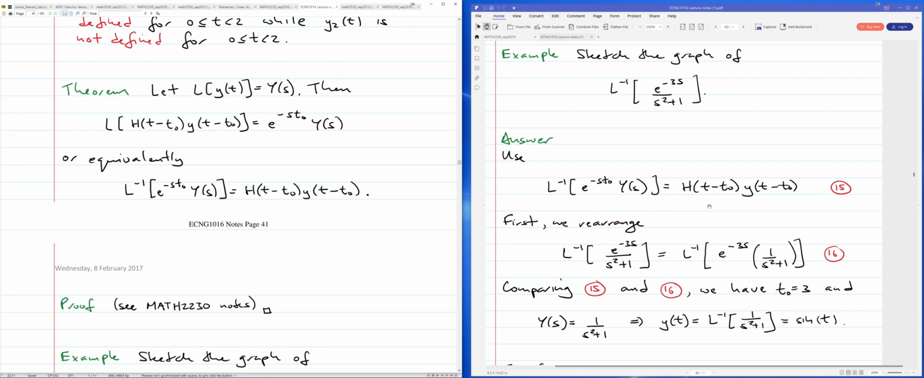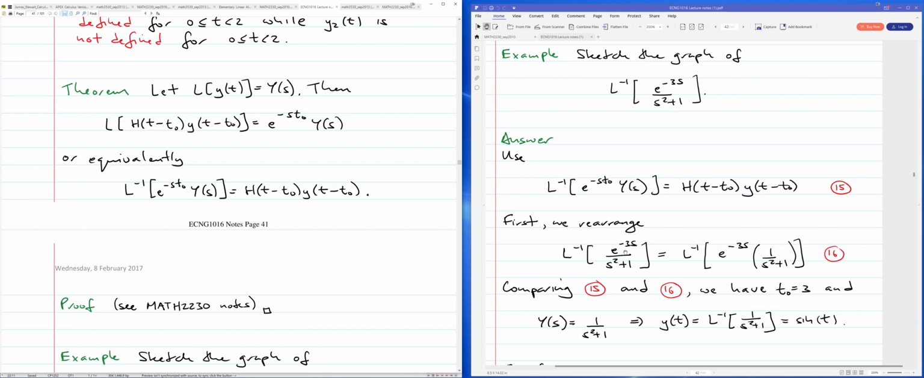Okay, so this is the formula stated over here, right? And what I want to do is get the Laplace inverse of e to the minus 3s on s squared plus 1, right? Okay, now you want to notice how this is written. This is written as e to the minus s t0 times a function of s, right? And this over here is not quite written in that